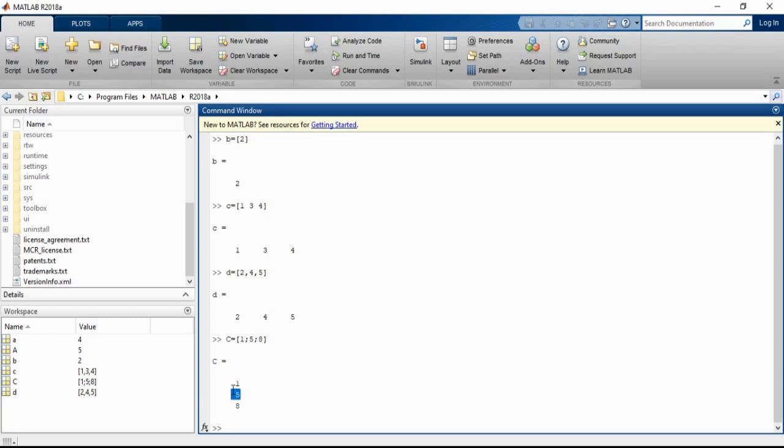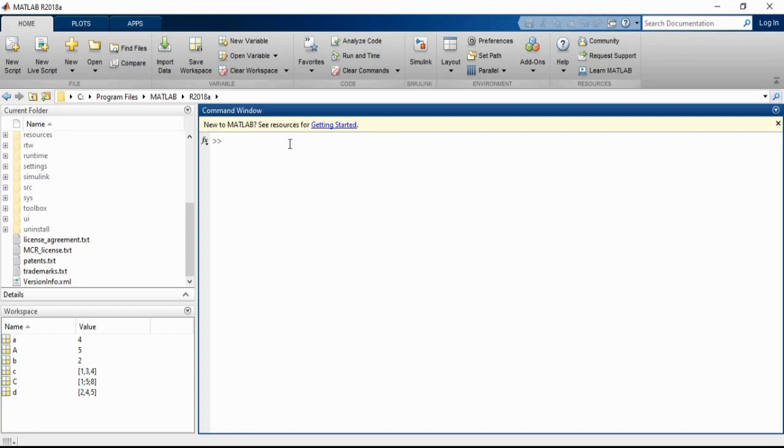So first row, second row, third row. So that means your matrix is now 3 by 1. Okay, that means a 3 rows and 1 column matrix. So this is the column vector. So like this we can create the columns. Whenever you are creating the column vector, you have to use semicolons between the data, right? So like this we can create the row vectors and the column vectors. So now we have seen all these things, so I just want to clear this command window.